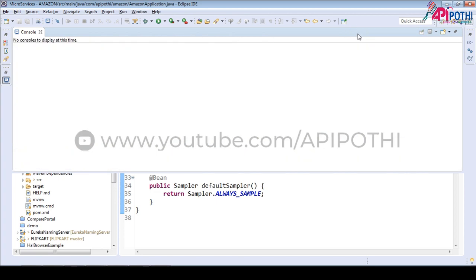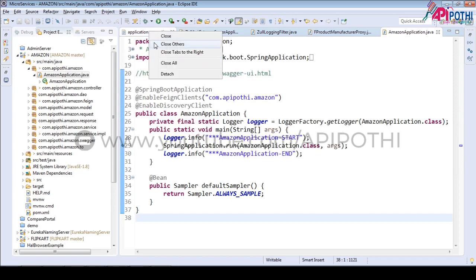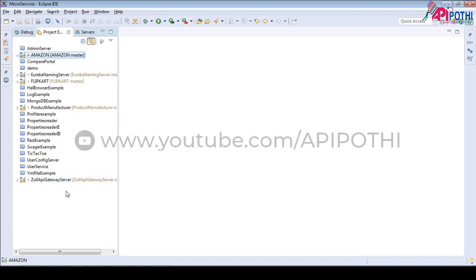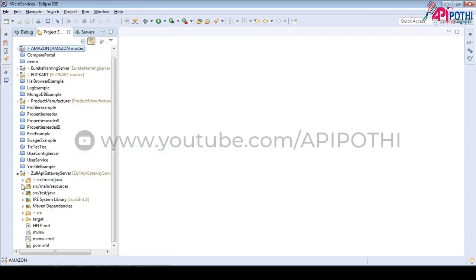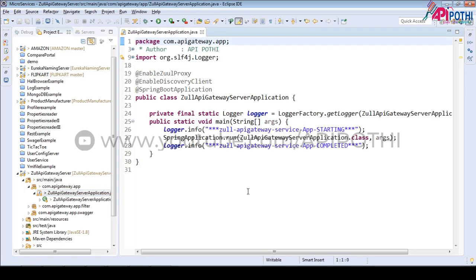First we will go inside the API gateway. Here it is, this is the main method. Here basically we are going to override one method. This method is responsible for generating the unique identification number. And what is that method?